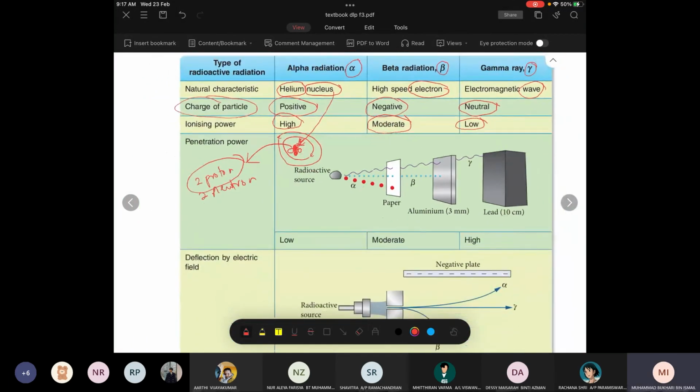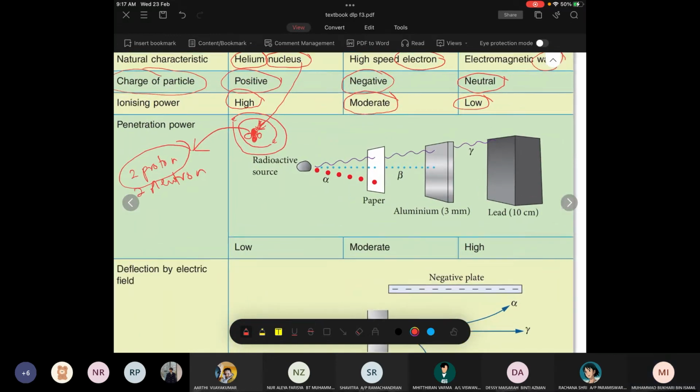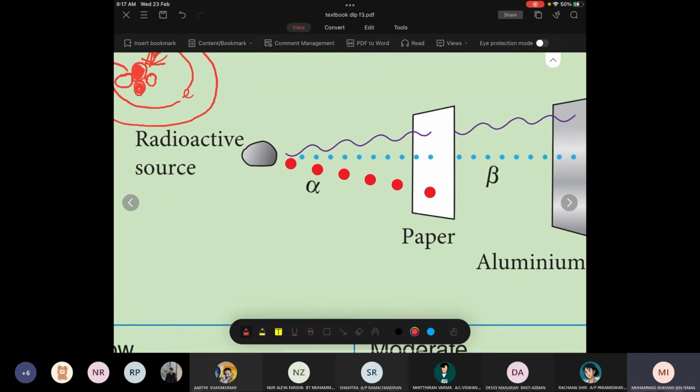Okay, the next one is penetration power. We have three types of radiation. You can see the red dot, which stands for alpha particle. The blue dot stands for beta particle. And the purple wave that you can see there represents